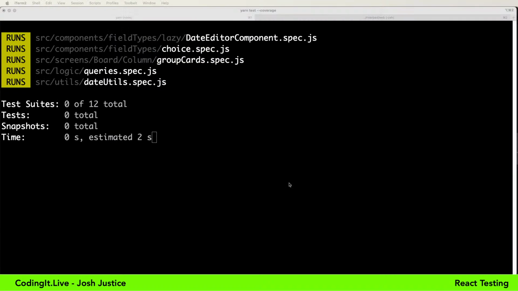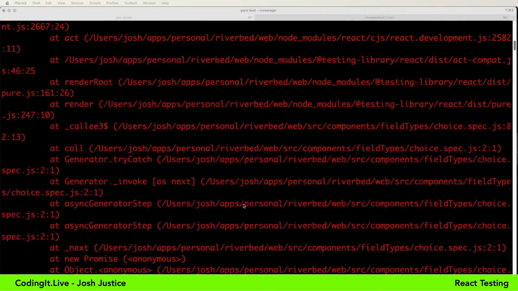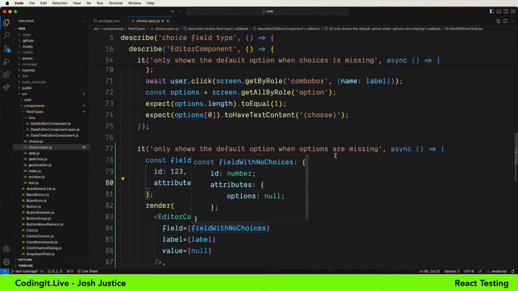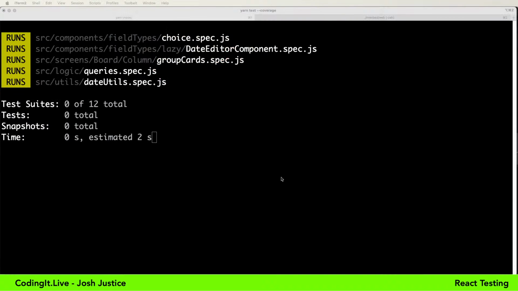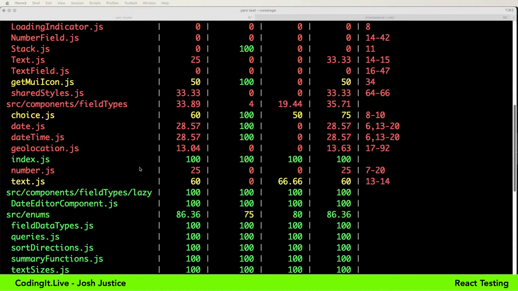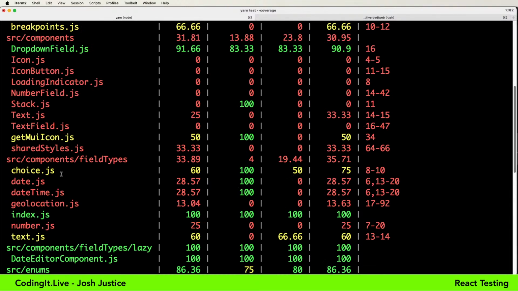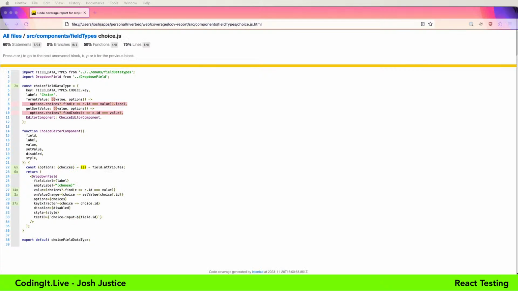Our test suite is small, so if I just save this and it reruns, it'll test if it fails. Oh yeah, it does. Okay, interesting. So our code is blown up. It can't read properties of null, reading choices. Now I wonder if I'm actually covering, I think I might actually just want attributes to be empty. So let's see. Yeah, so that test does pass. We know that some of those functions are still not covered. So let me reload this. And now it's actually not showing as yellow anymore. So we're successfully hitting this case.